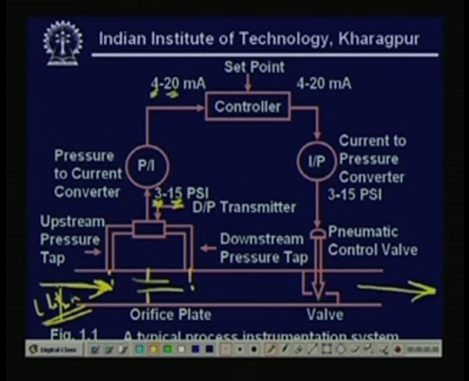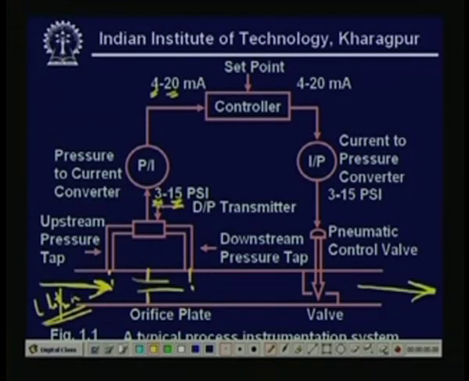Whatever the range of the flow, it does not matter, because this will remain constant. It might be a huge flow, it can be 10 to the power 5 liter per hour, say in a power station or water pumping station where a huge amount of liquid is flowing, or in some narrow pipe where it is a few liters, it does not matter. The range after conversion will always be 3 to 15 psi for the pneumatic signal, and